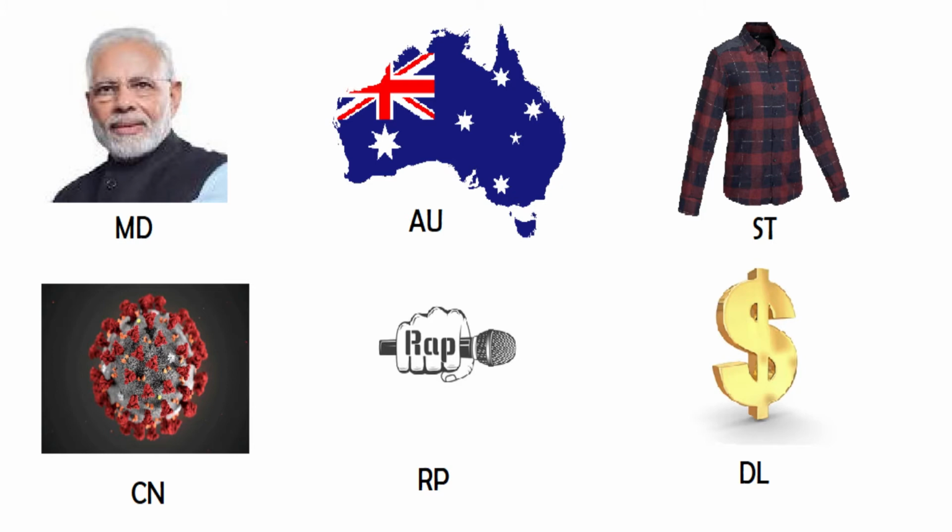CN. And then the next is RP. For RP, I can remember it as a rap. DL, dollars, or it can be driving license, anything that is the easiest thing you can think of using those letters, and then create a picture of that in your mind and visualize it. Try to do all these things with your eyes closed. Start from the first pair and then imagine the picture and then keep it like this.